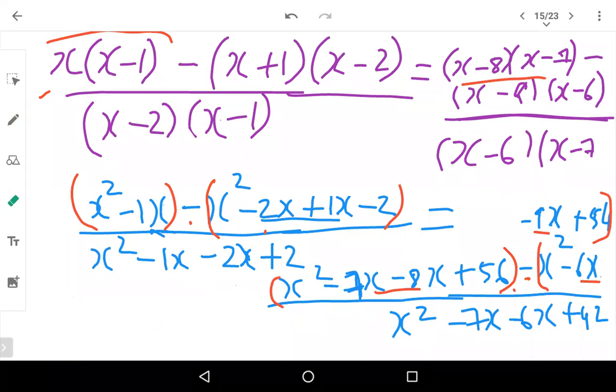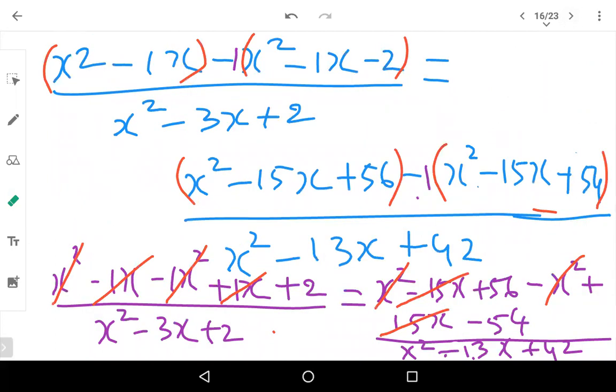Then coming on to the other side, we have x minus 8 into x minus 7, that is x square minus 7x minus 8x plus 56. And then the other expression, x minus 9 into x minus 6, we have an expression of x square minus 6x minus 9x plus 54, and the denominator will remain as it is. Now after this step, we are supposed to slowly remove